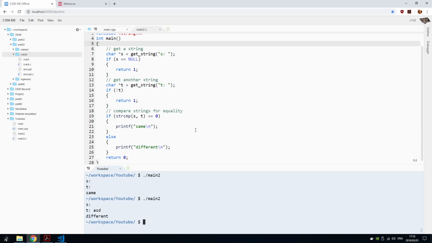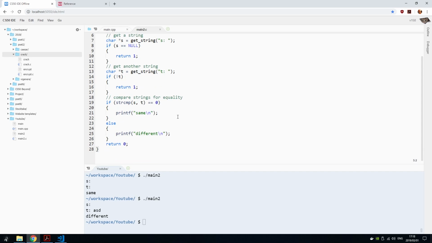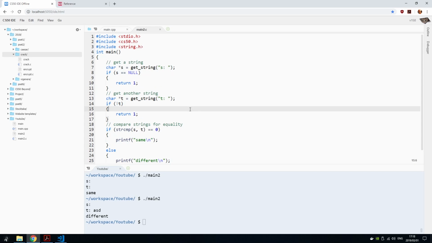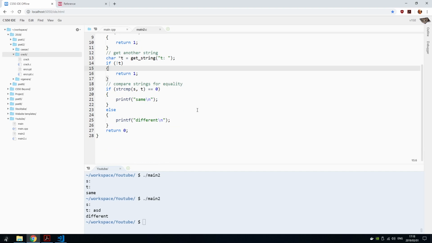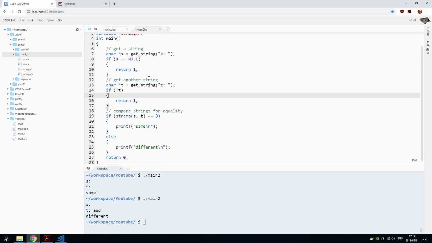Okay, quite interesting. And you can also debug your code if you want, if you struggle with anything. At the moment I am quite satisfied with this code, so now I'm going to try and string compare in